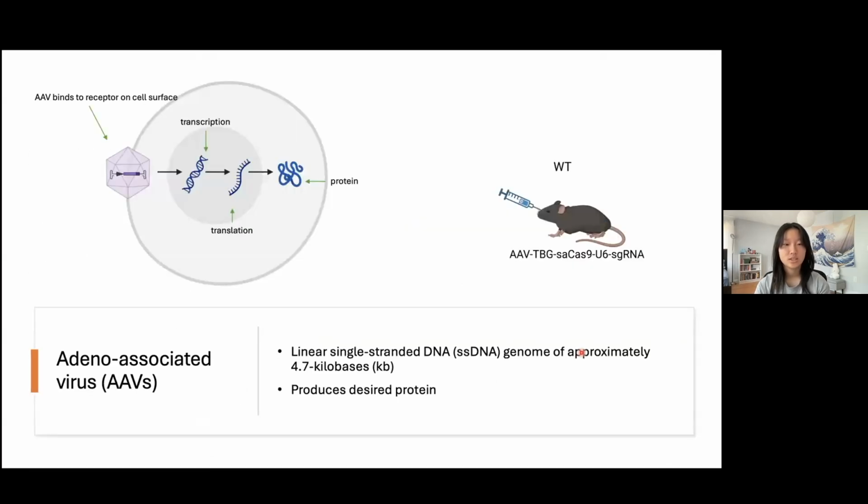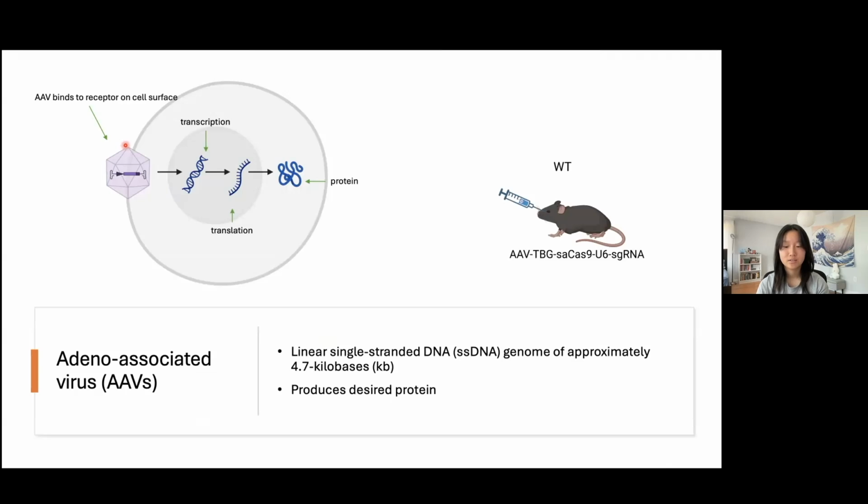So we use AAVs to deliver CRISPR into mice, and AAV stands for adeno-associated virus. It's a linear single-stranded DNA genome of approximately 4.7 kilobases. And so AAVs will bind to a specific cell receptor on the surface of the target cell. It'll go into the cell via